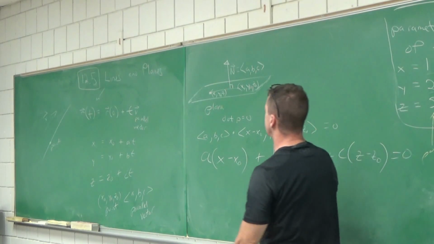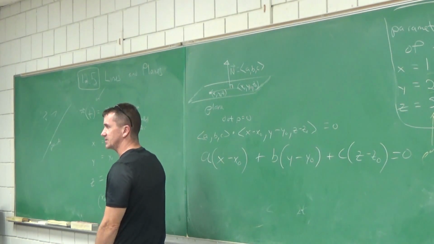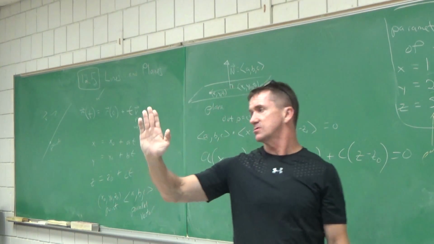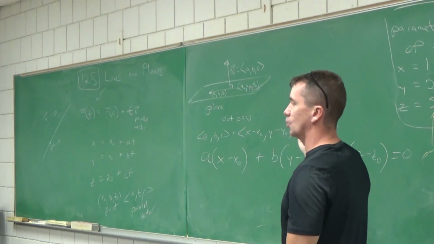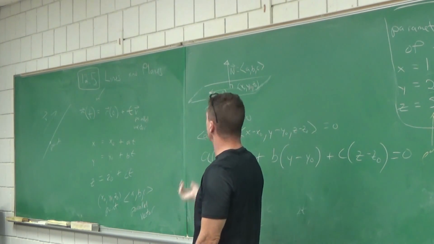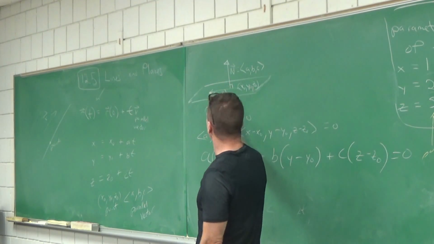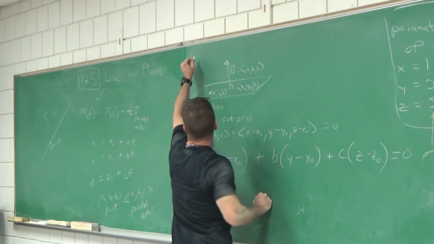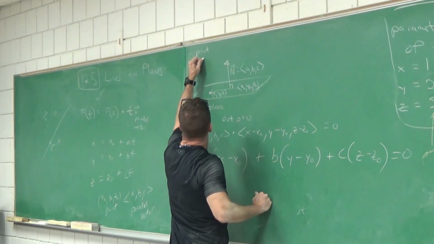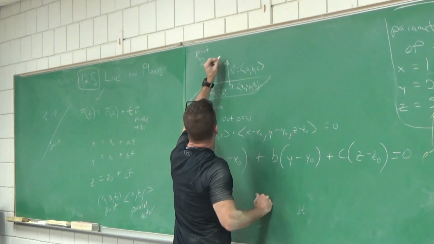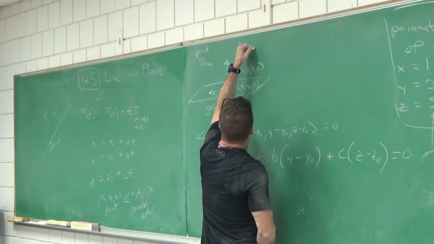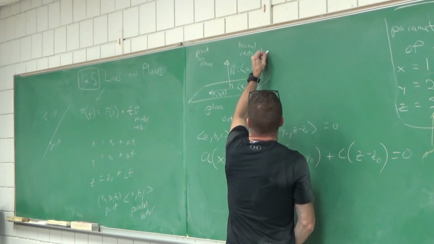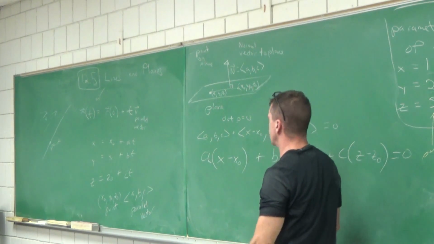Okay. What's the ABC? With a line, it was the parallel vector. What is it with a plane? It's the perpendicular, yeah, there you go. You can call it the normal vector to the plane. You can talk about this as a vector that's orthogonal to the plane. You can call it the orthogonal vector, or you can just say perpendicular. But you need that, and then you just need one simple point. So with a plane, you need a point on the plane, and you need a normal vector to the plane, which means you need some vector that is perpendicular to the plane. And you can always describe a plane.